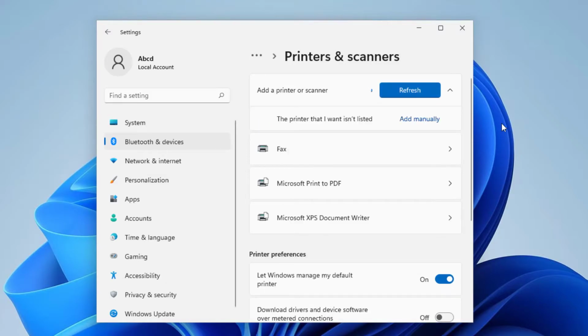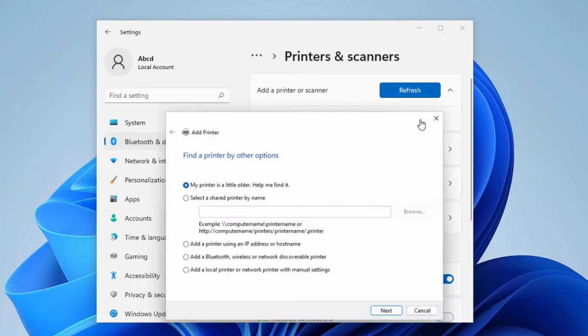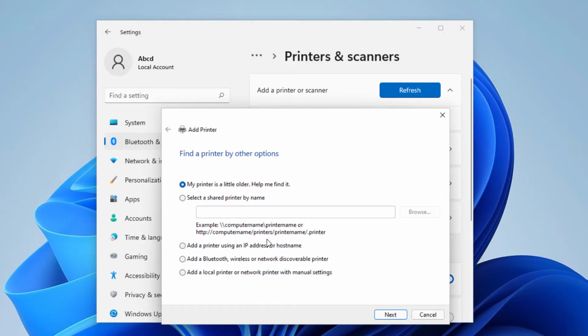So if you have a printer physically connected by a cable, or if you have the printer connected on your network, most of the time it will automatically detect it here and it will give you an option to install that printer. And sometimes it won't be able to detect the printer automatically. So if that happens, you have to click on Add manually, and you have all these options to add the